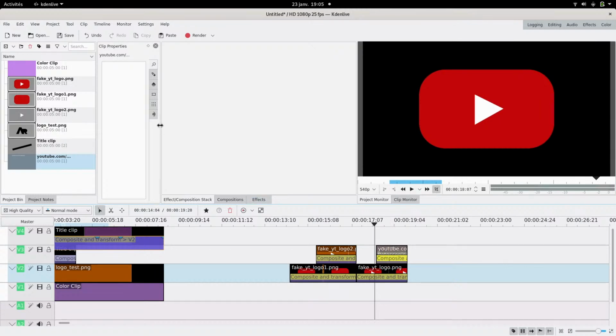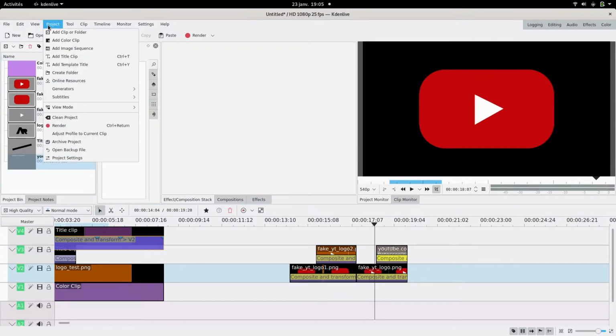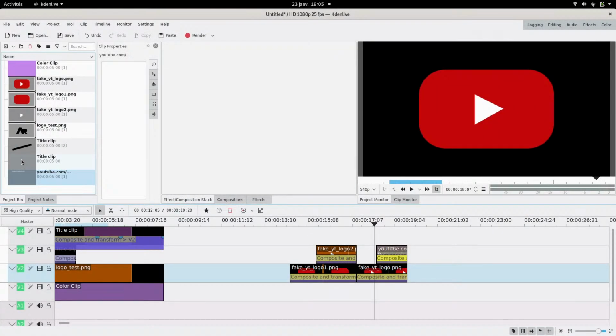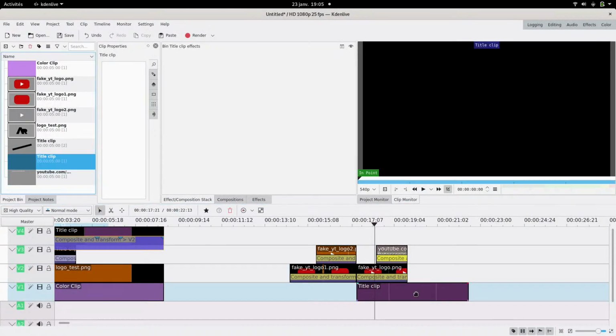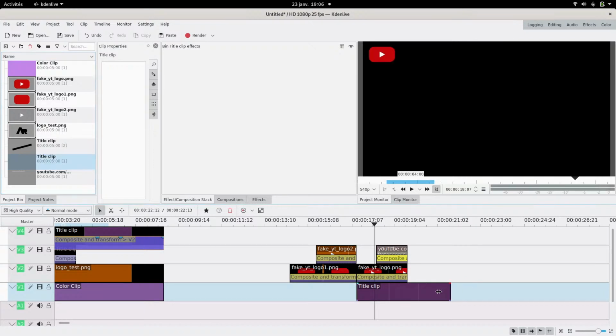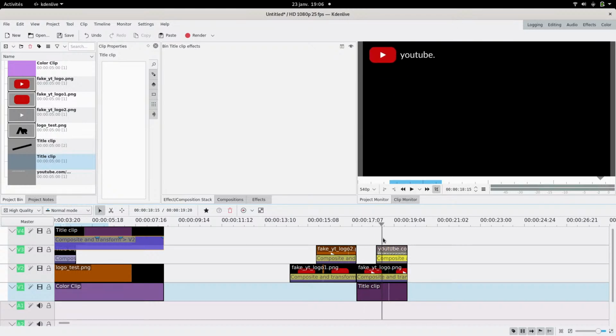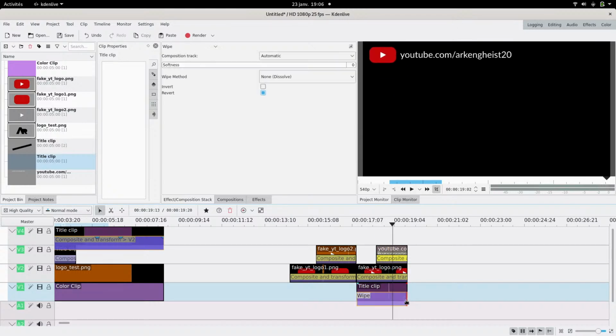And I'm gonna add something to V1. Project, add title clip. I'm gonna add a transparent title clip just to have a transparent clip that I can move, and then I can move both things at once without issues. Everything should be great. Perfect. So now if I move this one with a composite and transform,